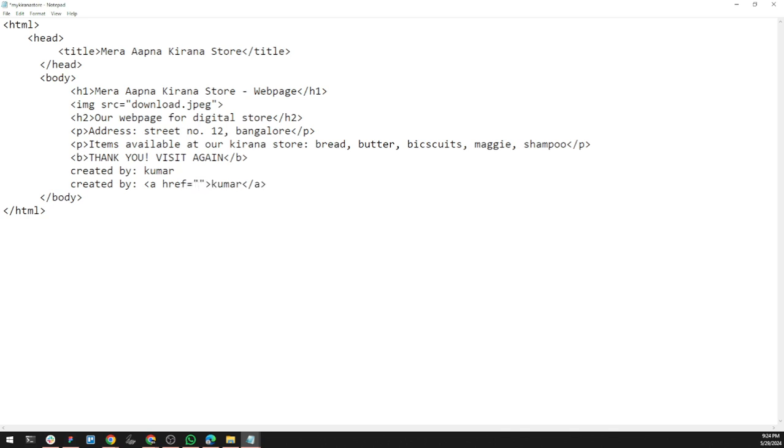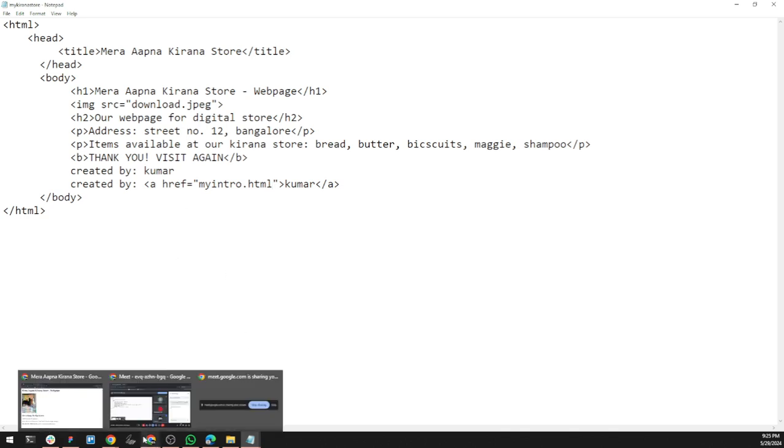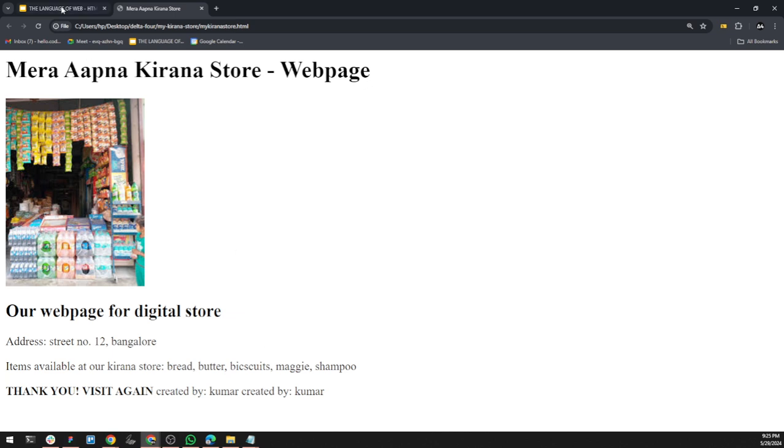Okay. And here I'm going to type the file name of the new file that I've created, which is my intro.html. Okay, I'll save it. And again, I'll go to here. Okay, let me refresh it. Now here's the difference. You can spot the difference right over here, which is the first Kumar looks like a plain text,